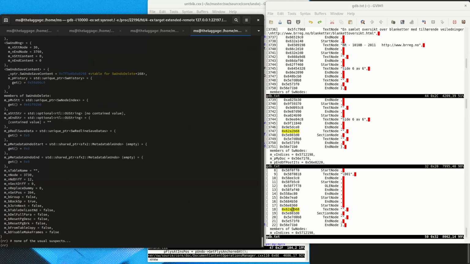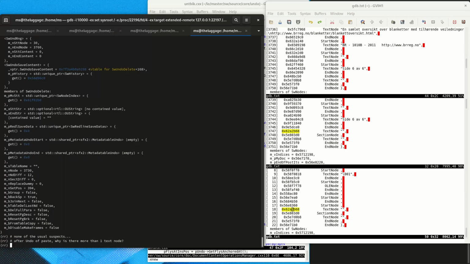And if we look at it here now in the lower pane of the text editor, then we see that there are two text nodes in the body of the document. One is inside of a section and the other one is outside of the section. And this is maybe a bit suspicious, because